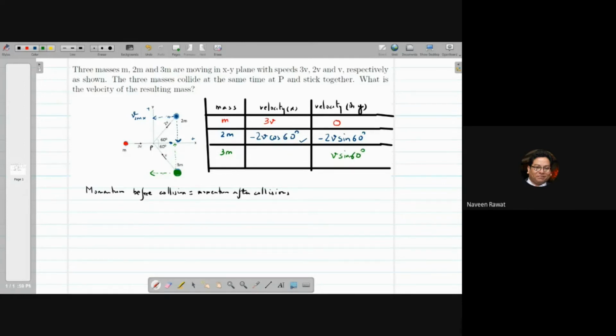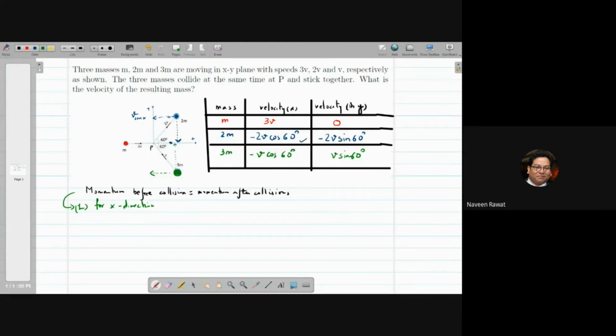In the x, it's moving opposite to the positive x direction, so this will be minus v, and this will be cosine of the angle. It is the adjacent angle, so you get cosine of 60 degrees. So these are your velocity components in the x and y direction. The first equation from here will tell you the momentum before collision in the x direction. So let's say for the x direction,